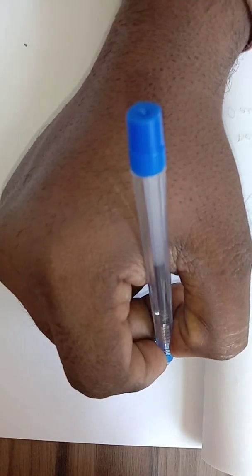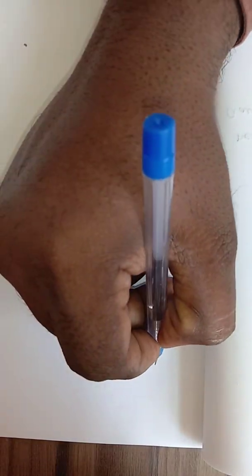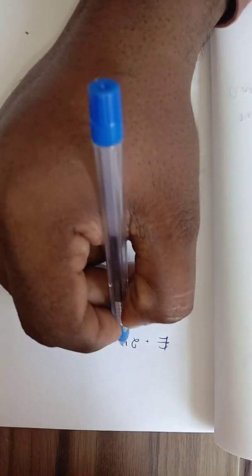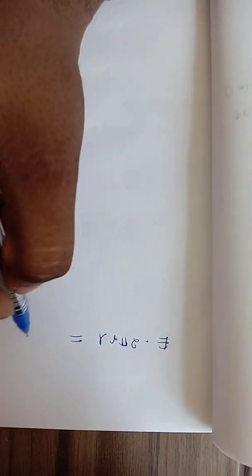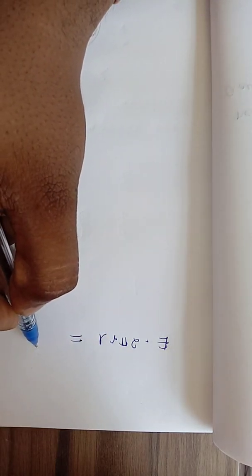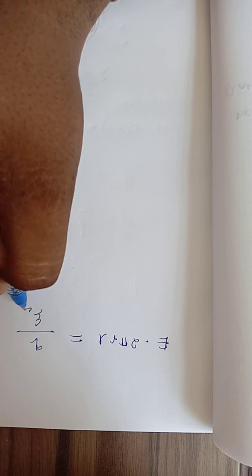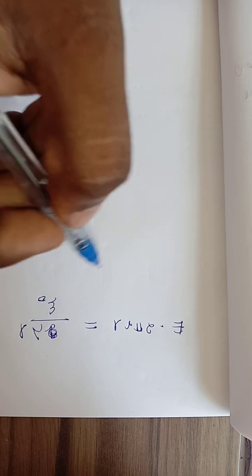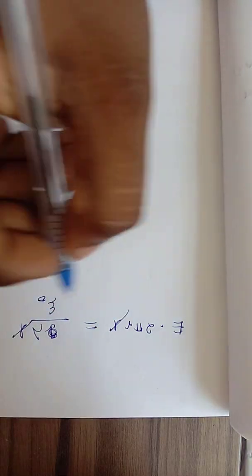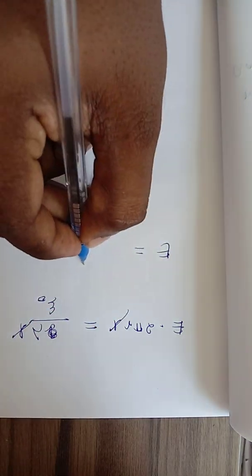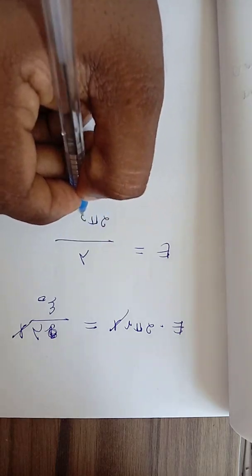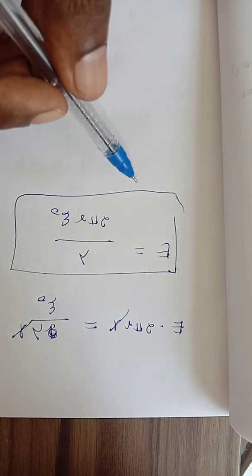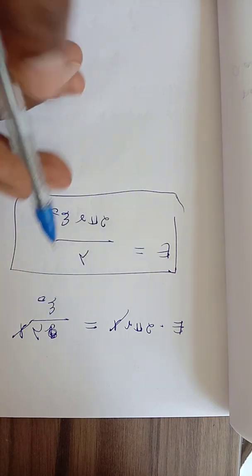Equation 1, phi is equal to E times 2 pi r L, equals equation 2, phi is equal to Q by epsilon naught, where Q is lambda L. Next, L cancels. Here E is equal to lambda by 2 pi epsilon naught r. This is the electric field at the curved surface.